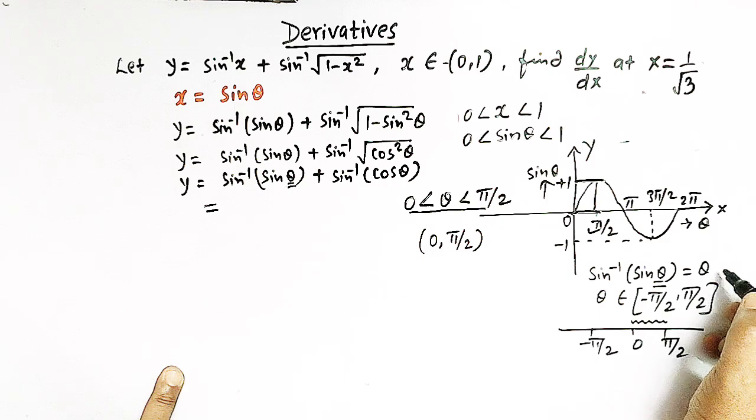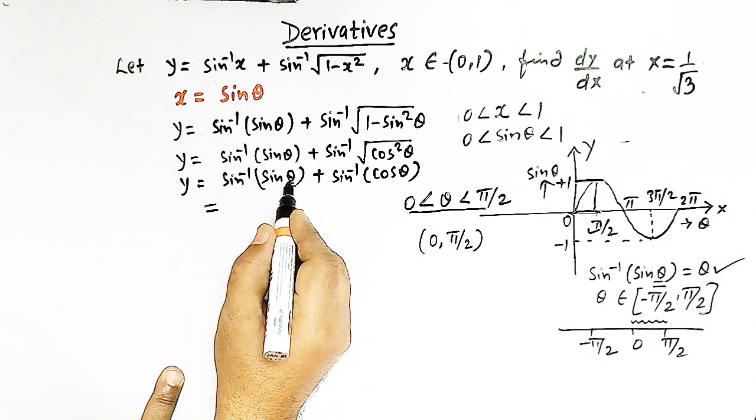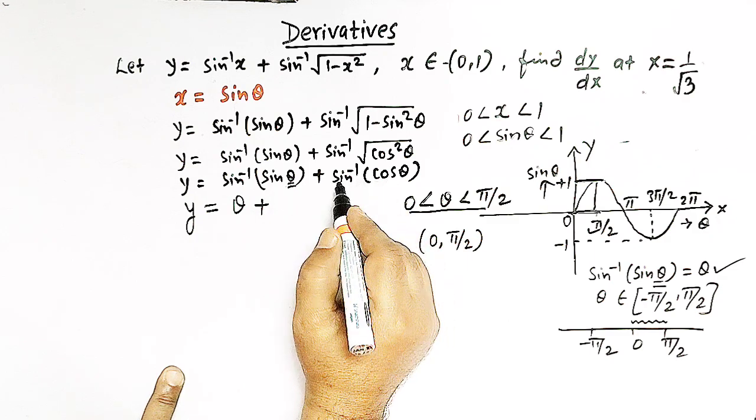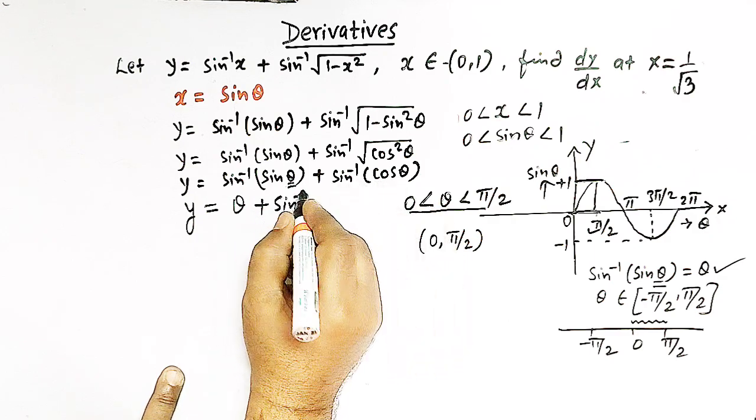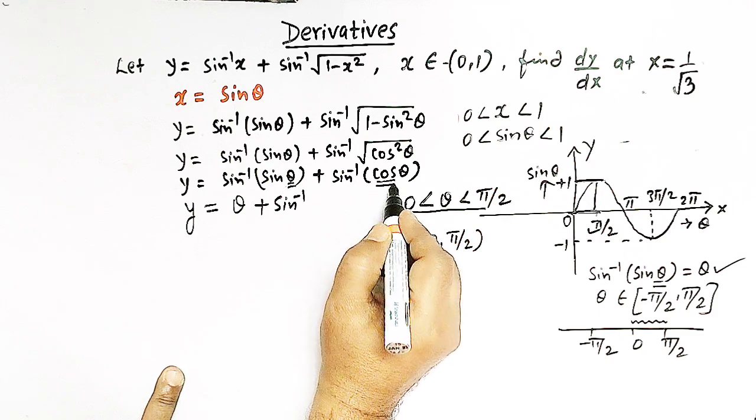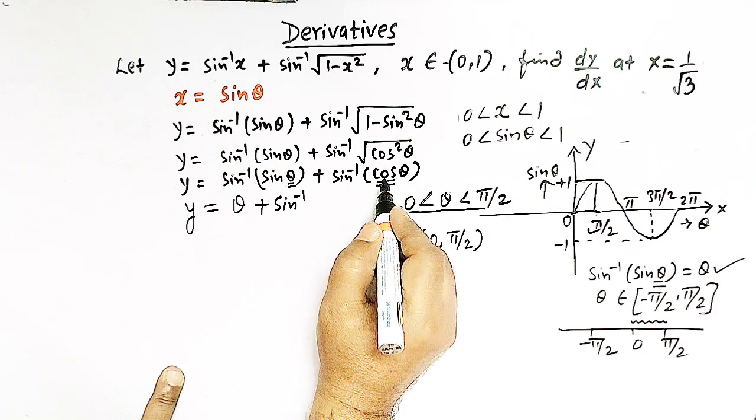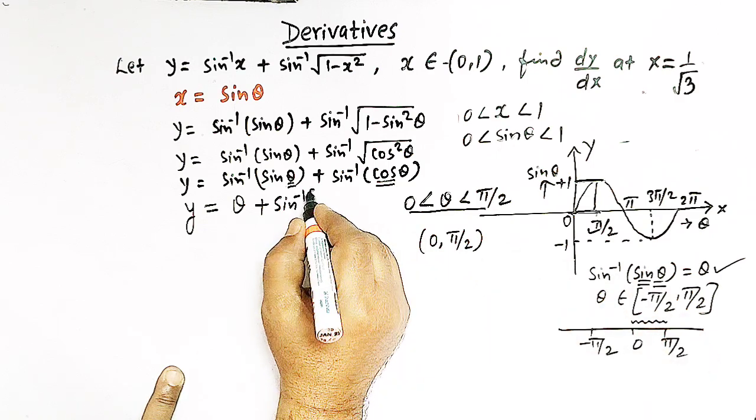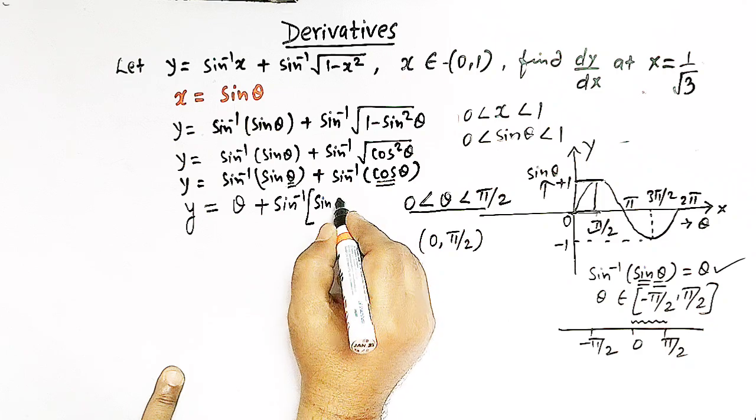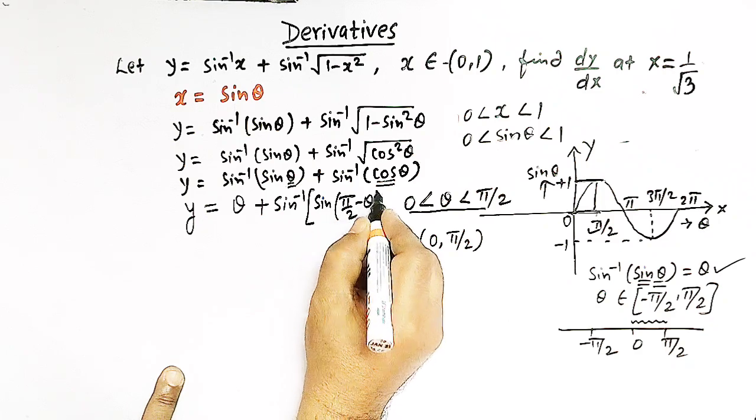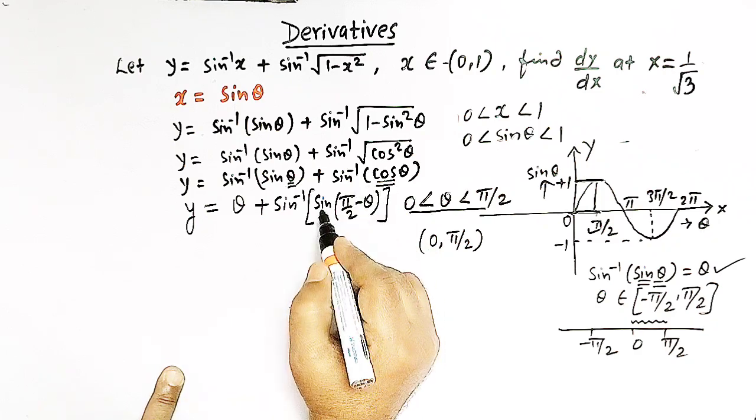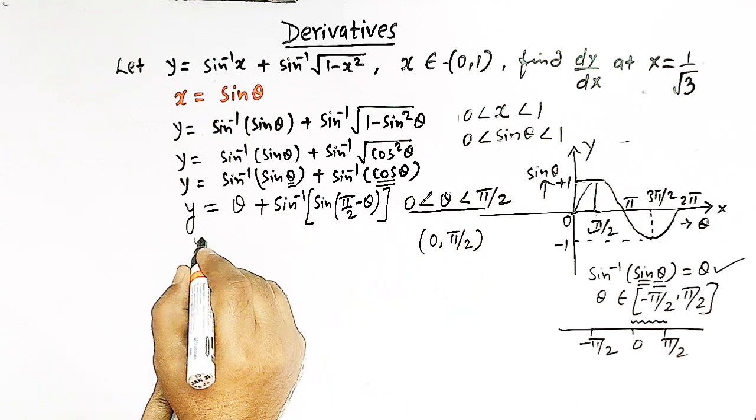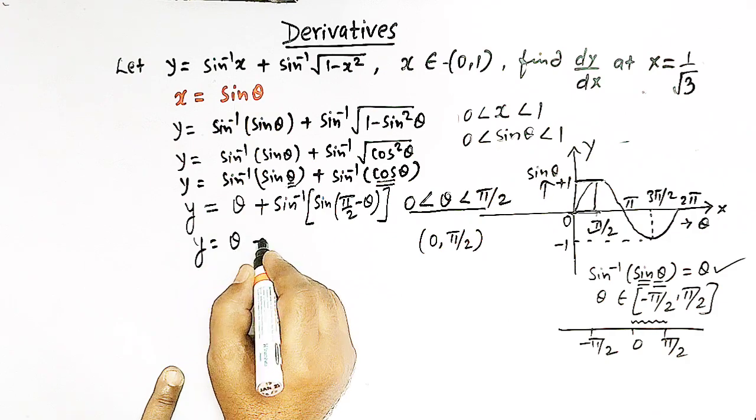So here, due to this property, sine inverse sine theta is simply theta, right? So now let us consider this term. Here we have sine inverse, and here we have the cosine function. Let us try to convert this cosine function into a sine function, right? So we can now write here sine of pi by 2 minus theta. Sine of pi by 2 minus theta is cosine theta, and now we can here write theta plus pi